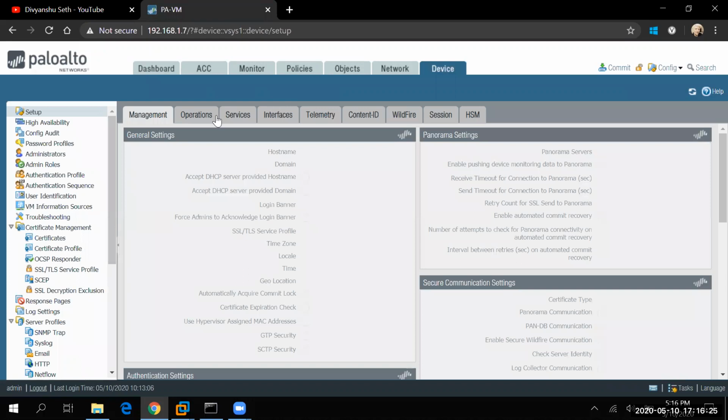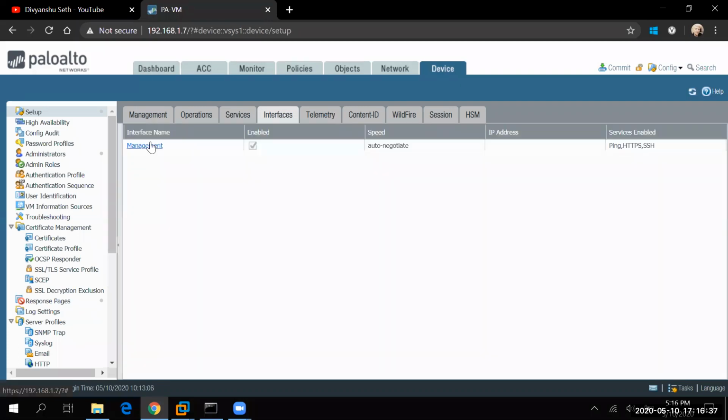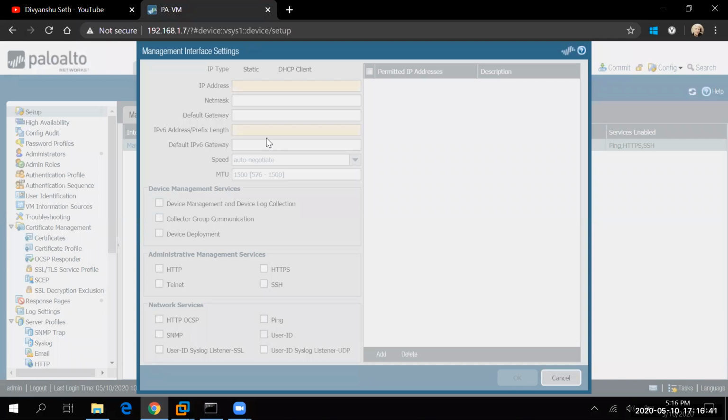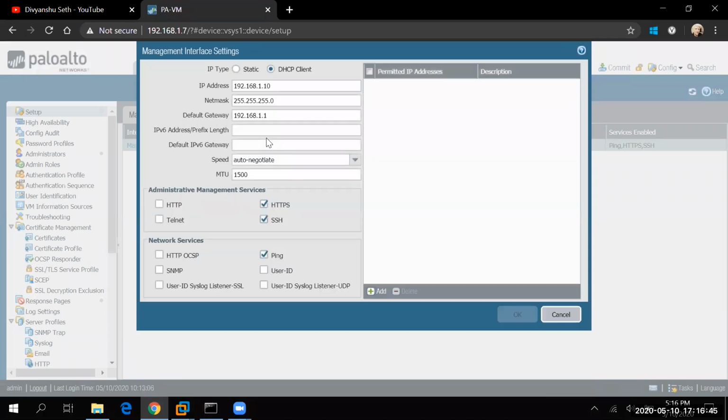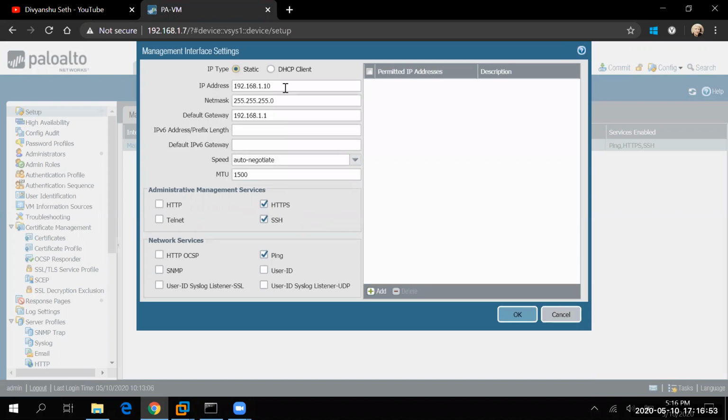After going to the Devices tab, I need to go to Interfaces. After opening this, I need to click on this management interface. Here we will be able to see what setting is configured. See, it is already set up as a DHCP client. Make it static and assign this IP.